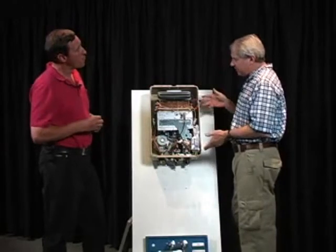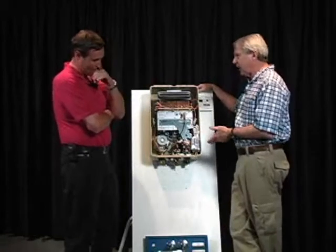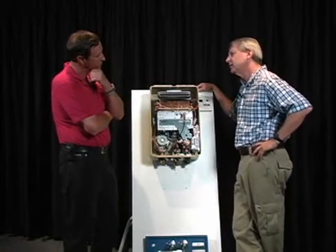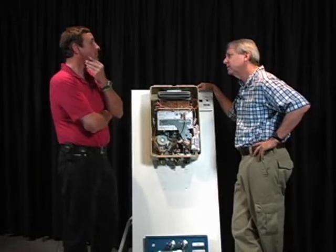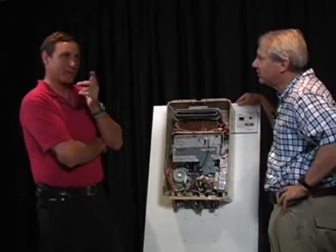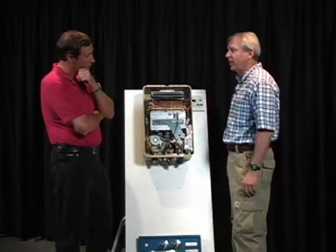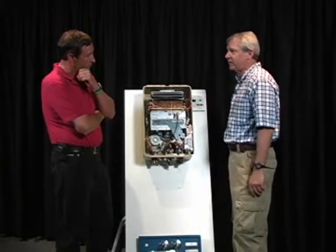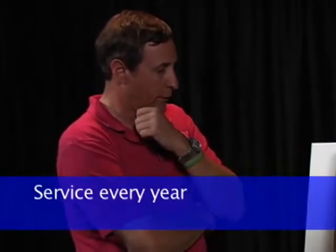With a system this complicated, this sophisticated, how long would you expect it to last without needing some kind of service? Well, a year. Do they need yearly maintenance? They do. That wasn't a trick question, was it? No, it wasn't. I'm just wondering if an inspector walks into a home and sees a Rinnai or something similar, and it's 3 years old, and there's no indication that it's ever been serviced, then he should probably be recommending service. Should be suggesting service,